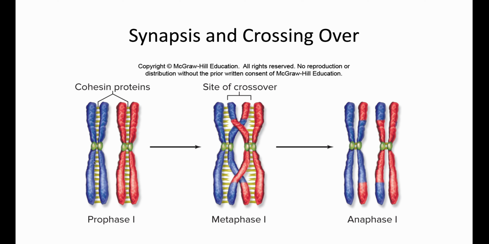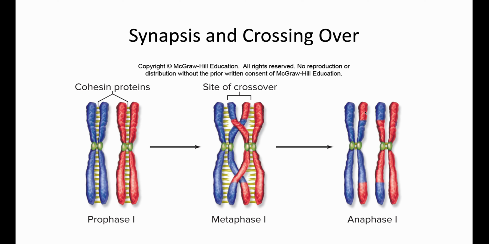Now imagine that down here somewhere we have a dominant allele for hitchhiker's thumb or something like that. Well, in this case, tongue rolling and hitchhiker's thumb are both linked to one another because they're on the same chromosome. But because of recombination, now on this chromatid, tongue rolling and hitchhiker's thumb are still linked